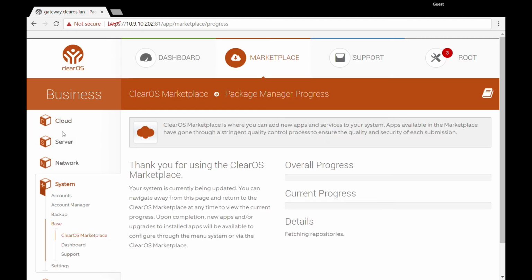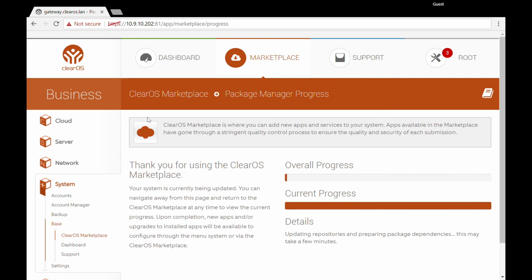All right, so whenever you're installing an app in a category, you also want to check the cloud category, and we'll get to that in a bit. But sometimes there are applications that are delivered through the cloud that actually help in either server, network, or gateway. There are things that get delivered down from the cloud that kind of do cloud enablement. So this is part of the hybrid approach to IT. So there are specific cloud apps in the